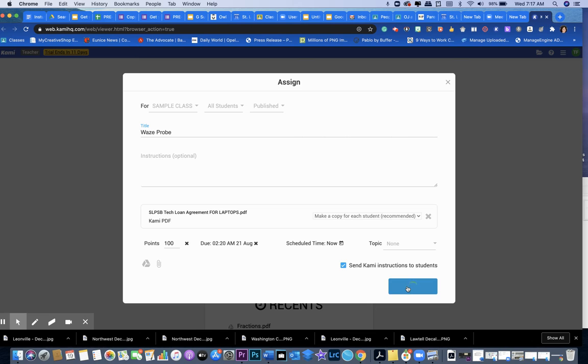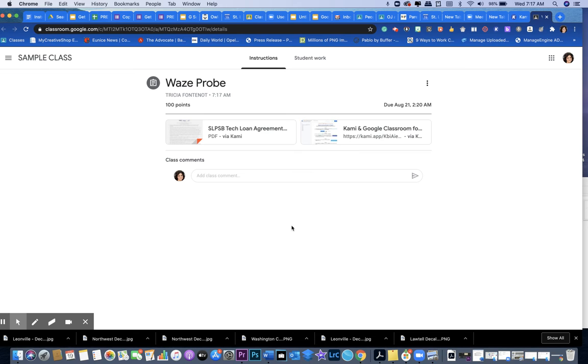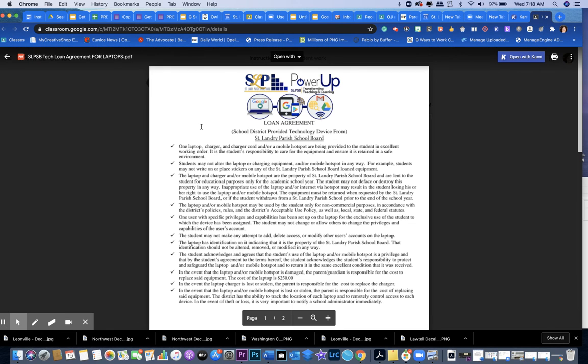Once the students get this assignment, it's going to be just like a Google Classroom assignment, okay? So what they're going to do is they're going to see that they have this assignment, right? When they open their Google Classroom, they'll see that they have this assignment here. They'll have instructions from Kami. What they would do is just like any other assignment through Google Classroom, they would click on that assignment. They would click on Open with Kami,